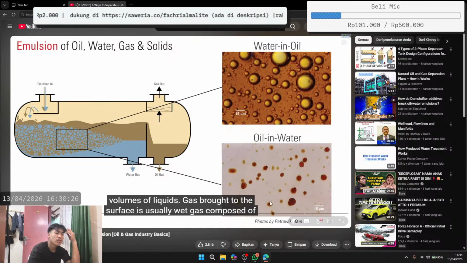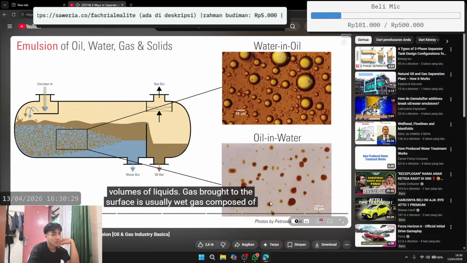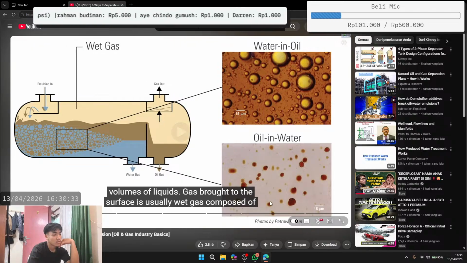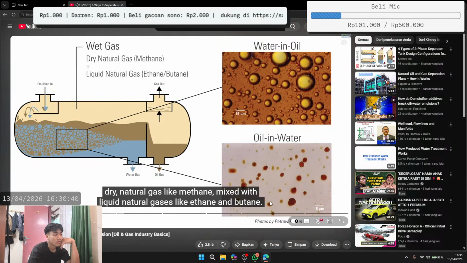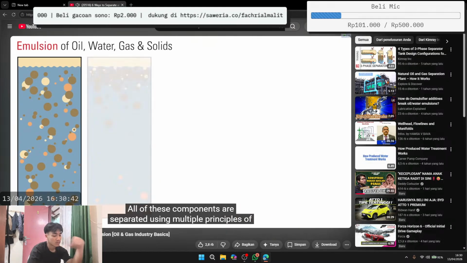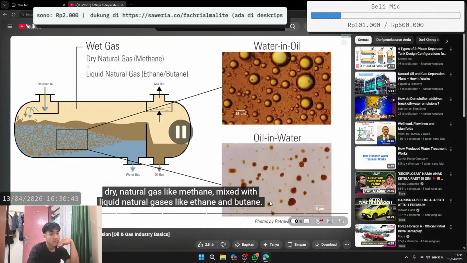Gas brought to the surface is usually wet gas, composed of dry natural gas like methane, mixed with liquid natural gases like ethane and butane. All of these components are separated. Natural gases like